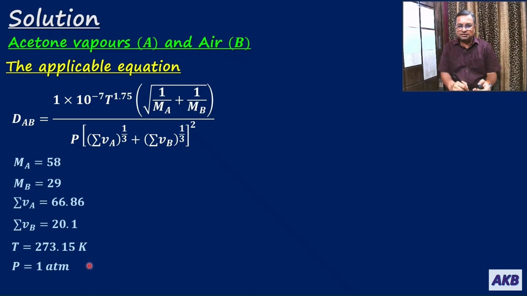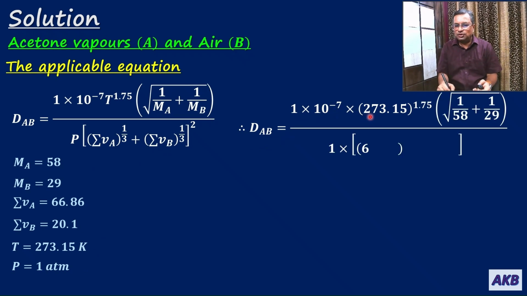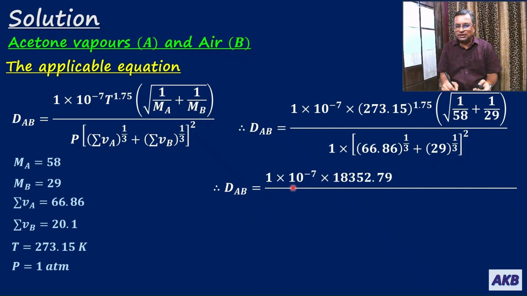Now let us use these values in this equation. So therefore DAB will be equal to 1 into 10 to the power minus 7 into 273.15 raised to 1.75 into under root of 1 by 58 plus 1 by 29 divided by 1 into 66.86 raised to 1 by 3 plus 29 raised to 1 by 3 and square of this sum. So therefore DAB will be equal to 1 into 10 to the power minus 7, 273.15 raised to 1.75 is